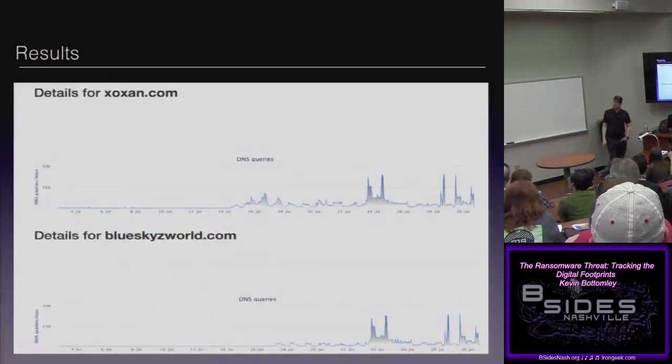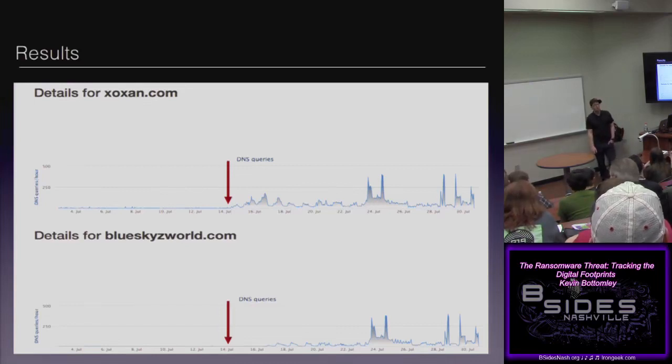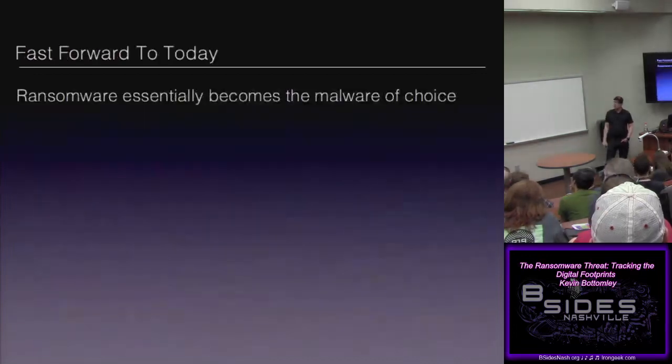So this is what the traffic patterns look like to compromised domains. As you can see, these places aren't that busy up until this point and this point, right in there. They start to get more traffic, and that's where the calls are going from the redirects from infected systems. Moving this way, it definitely increases. You can also see that the traffic is almost identical across both, and that's because they're from the same sample set. So pretty much mainly